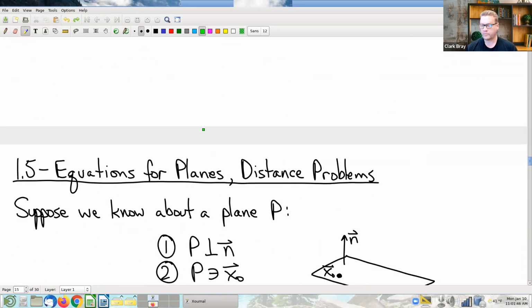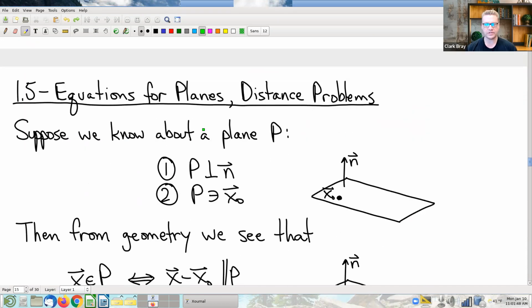Okay, so we're going to move along now to equations of planes. This, I believe I understand, is not review from Math 218, or at least not much. You might have seen maybe some of this, but I'm going to go ahead and treat it as if you have not seen it before. And I'm going to start by deriving the equation for a plane in space. We have to know something about the plane in order to have a foot in the door. So I want to talk about the plane that is